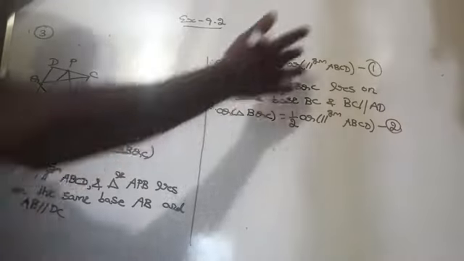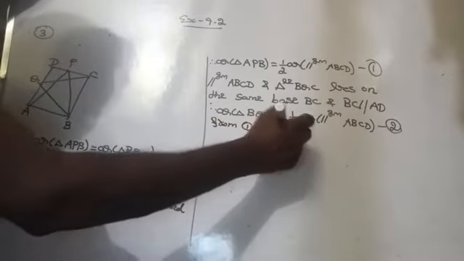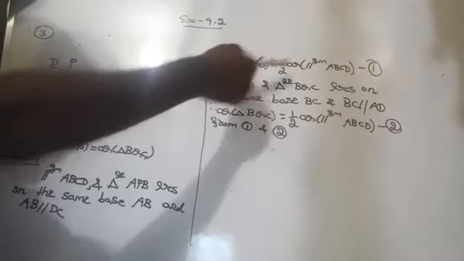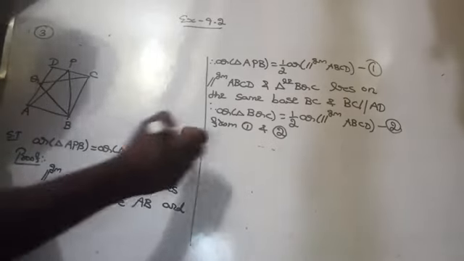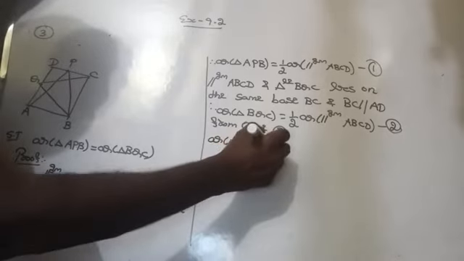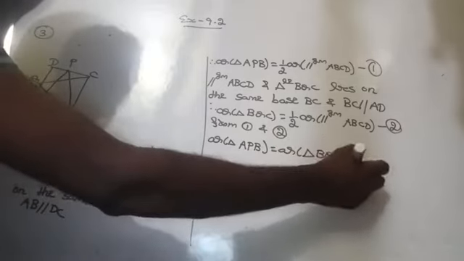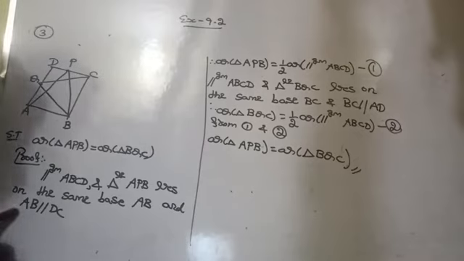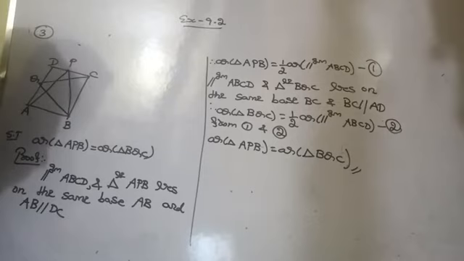Now from these 1 and 2, we can conclude that here the right hand sides are equal, so we can equate the left hand sides. That is, area of triangle APB equal to area of triangle BQC. This is what we have to prove. Here we proved it. What did we have to prove? That area of triangle APB equal to area of triangle BQC. Here we proved. Are you getting? Yes. So we move to the next part.